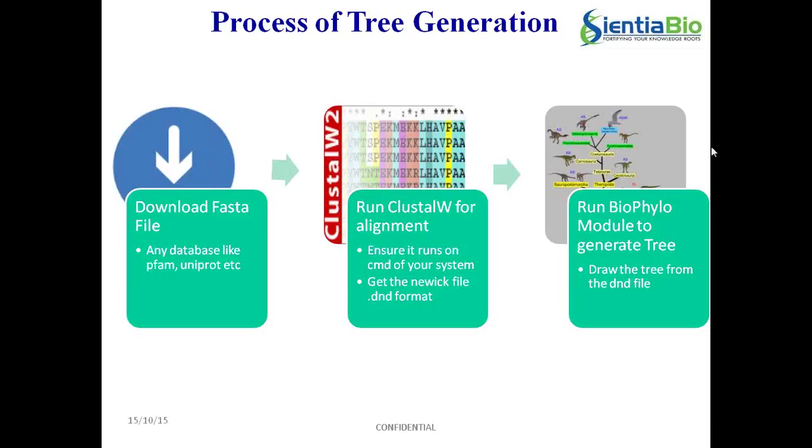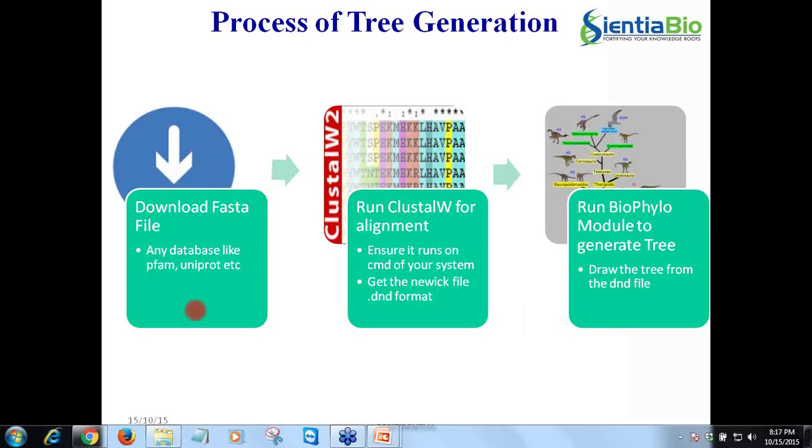The process of generation of a tree from a set of sequences in the FASTA format: we first should have a FASTA file available from any of the databases like Pfam, UniProt. So you have the sequence of your gene or protein of interest available, you run a BLAST on it to find similar sequences, and you get hold of this FASTA